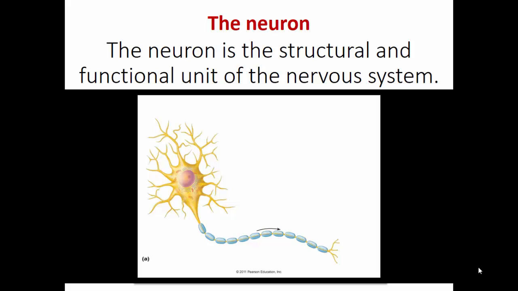The neuron is the structural and functional unit of the nervous system. We are born with 100 billion nerve cells. There are 4 main components of the neuron: the cell body, the axon, the dendrites, and the synapse. The cell body contains the nucleus, which houses the genetic material for the cell called the DNA. The cytoplasm of the cell body contains the organelles of the cell.